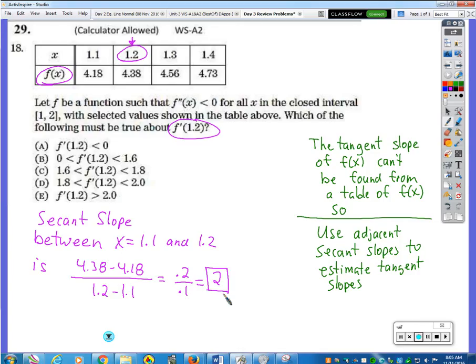Secant slope is the change in y. So for example, from this x coordinate to this x coordinate, tell me how much did the y coordinate change? Oh, the y coordinate. It changed 0.2. And from this x coordinate to this same x coordinate, how much did the x coordinate change? Secant slope means take the change in y and divide by the change in x. So this is the value of the secant slope between these two coordinates. And then I would do the same thing again. So we'd say the secant slope